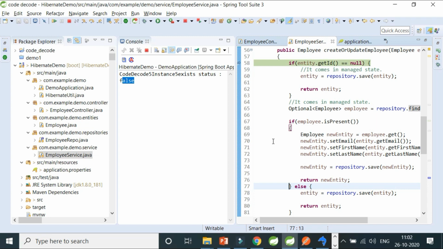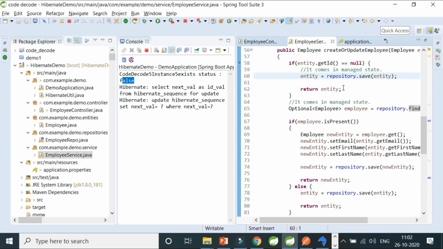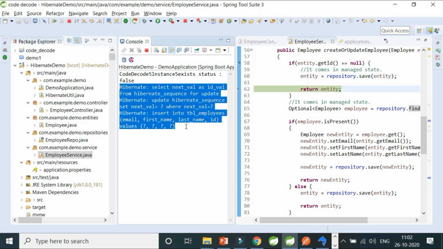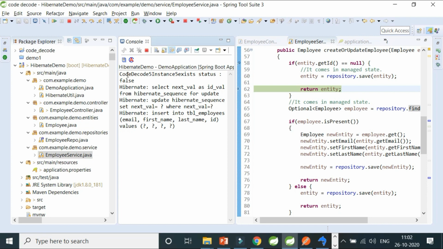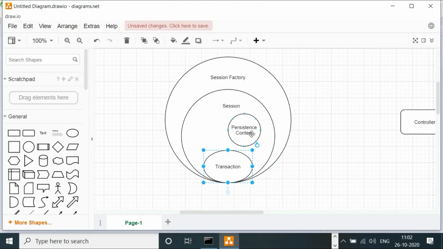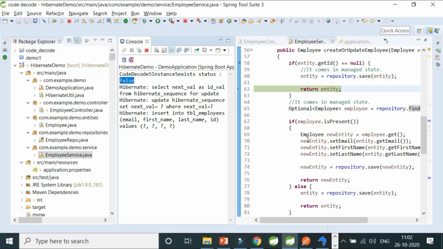So if I say that entity is null, please save that entity. And whenever you are trying to save that entity, you can see this is the query which is created, and it was not available. It was just the status we have. So can you see, whenever a new instance is created, it is not available in your persistent context. That is why a query is hit to the database and simultaneously gets into the persistent context also.